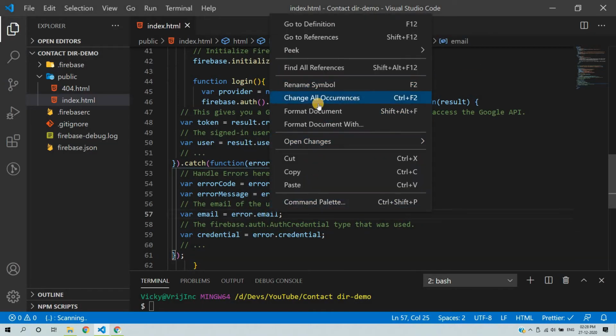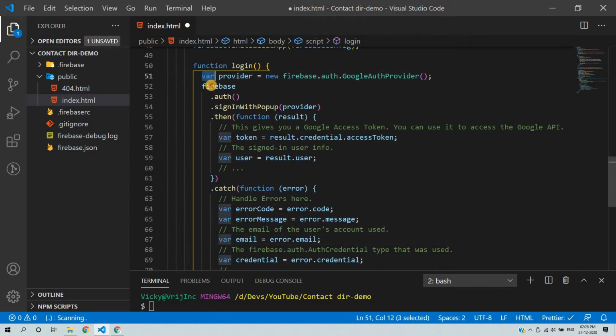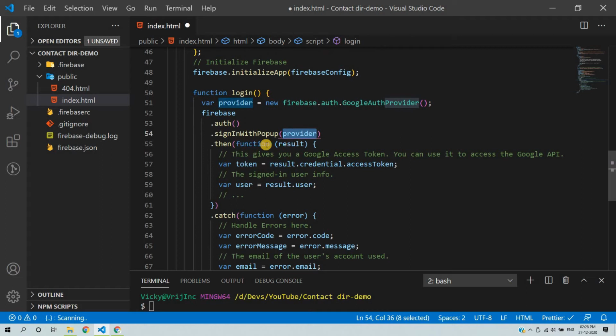I will explain. So I will format this logic. Right now we are using Firebase. Inside Firebase, we are using authentication, and there is a method, sign in with popup. For the popup, we just provide an authentication service provider like Google. So there will be a pop-up for the Google Auth provider. And then if the user is successfully logged in, you will get the user details.